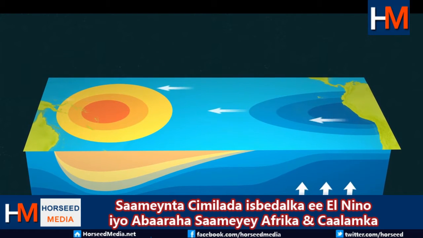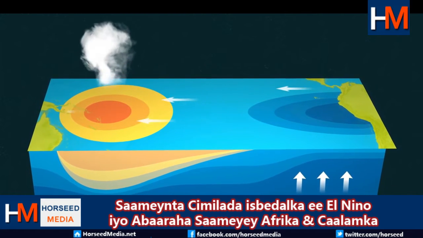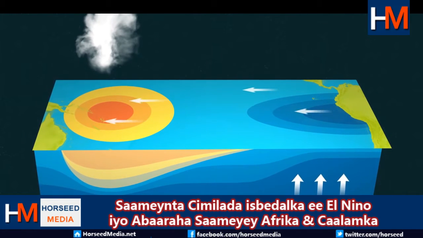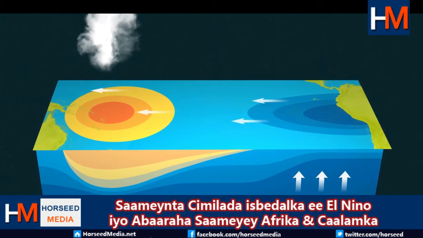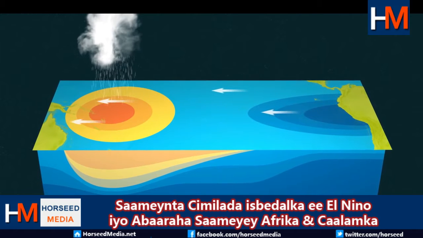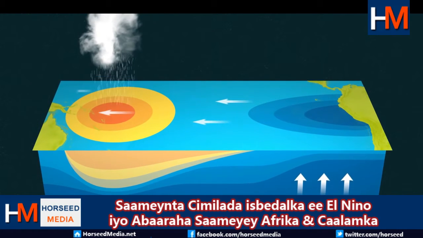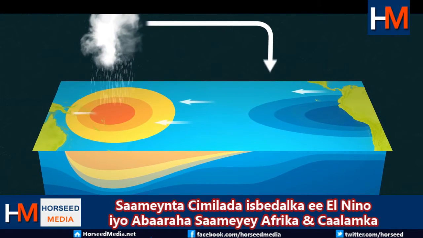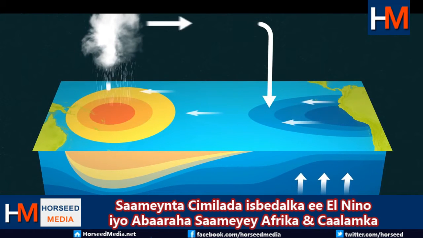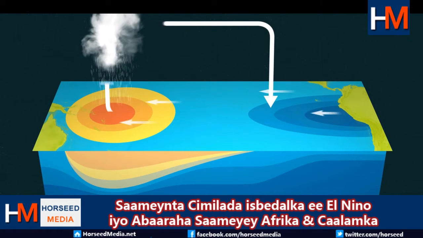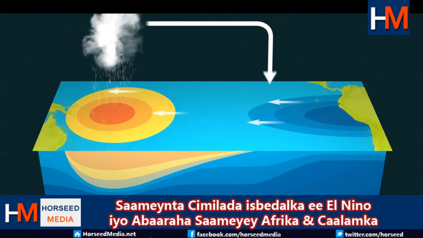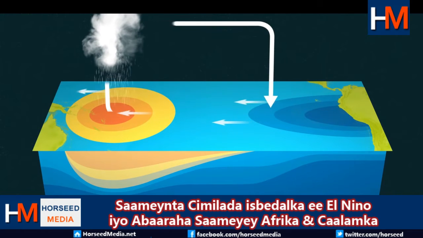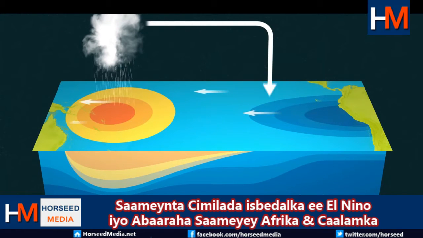Warmer water adds extra heat to the air, which causes the air to rise with more vigour, and it's this rising air that creates an area of more unsettled weather, with more cloud and rainfall. That rising air in the west sets up atmospheric circulation across this part of the world, with warm, moist air rising on one side of the ocean and cooler, drier air descending on the other. This circulation reinforces the easterly winds, so this part of the world sits in a self-perpetuating state until El Nino